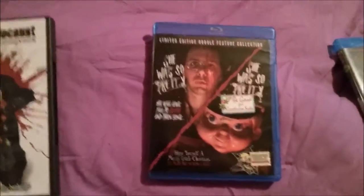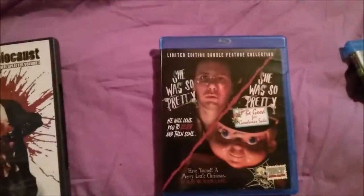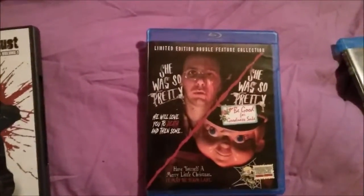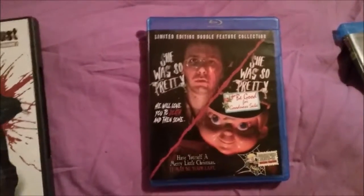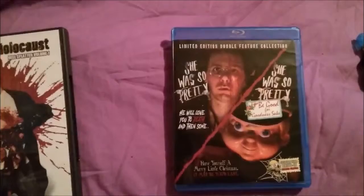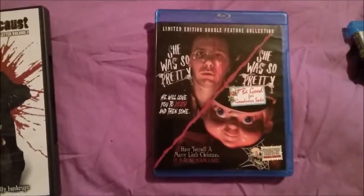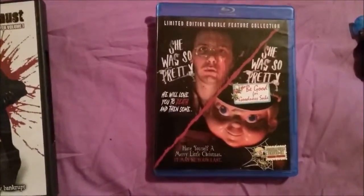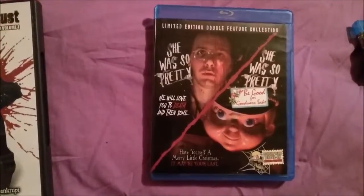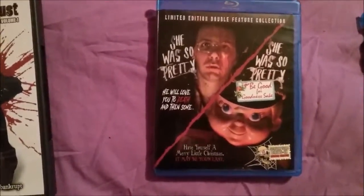Double feature. Now, this is a film, of course, I picked up because, of course, I love Scream Team Releasing. There was no way I was not picking up this film. It looks very disturbing. Haven't had a chance to see it, but I'm hoping this is very good. Scream Team Releasing usually does a great job in choosing what films to release. That's why I think they're one of the greatest indie labels out there today, along with Dread,